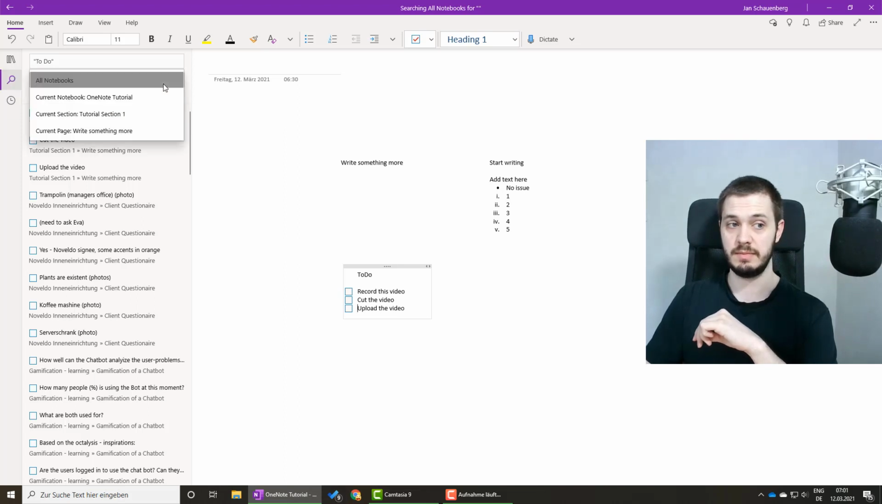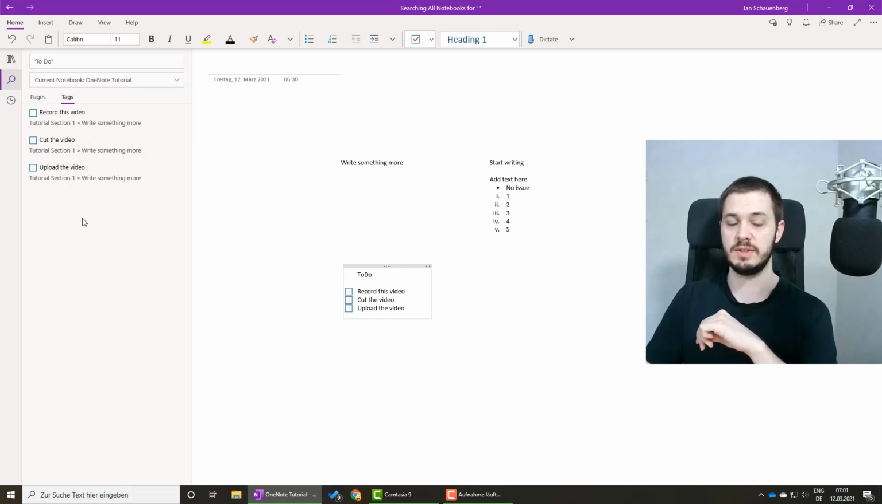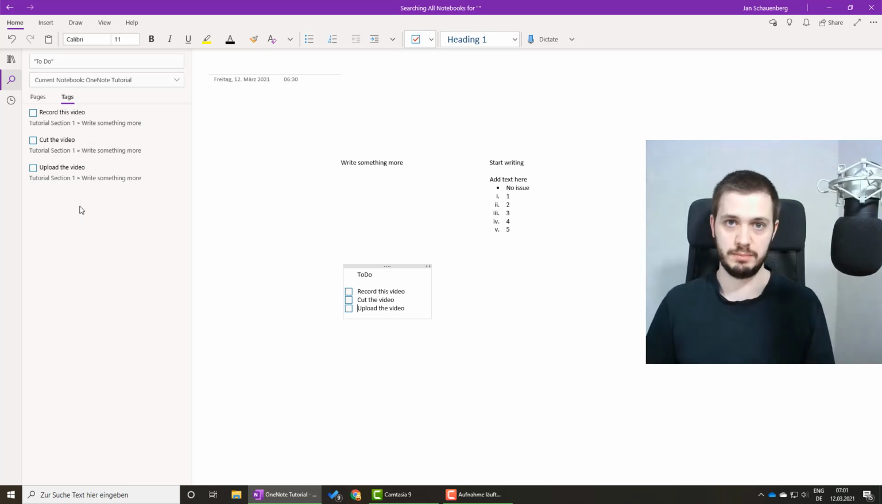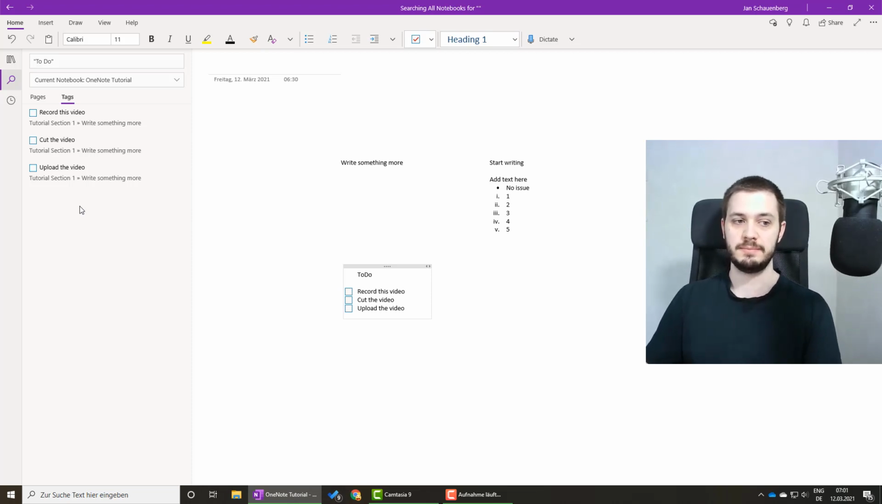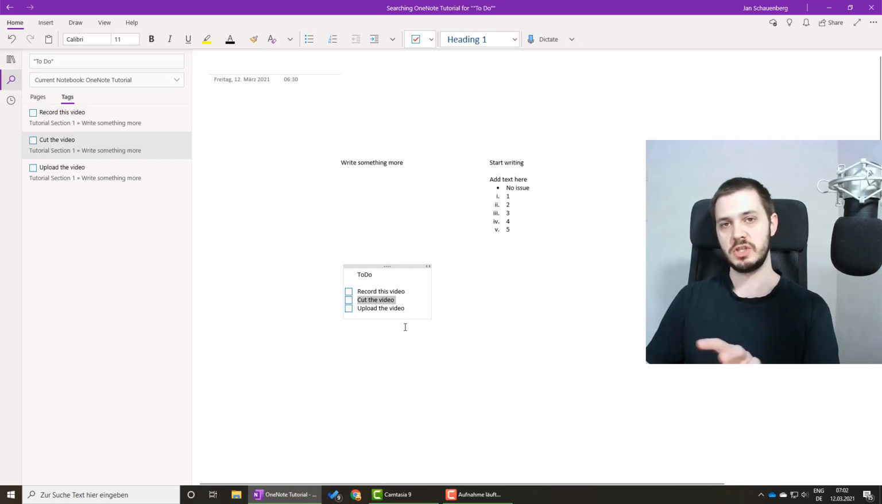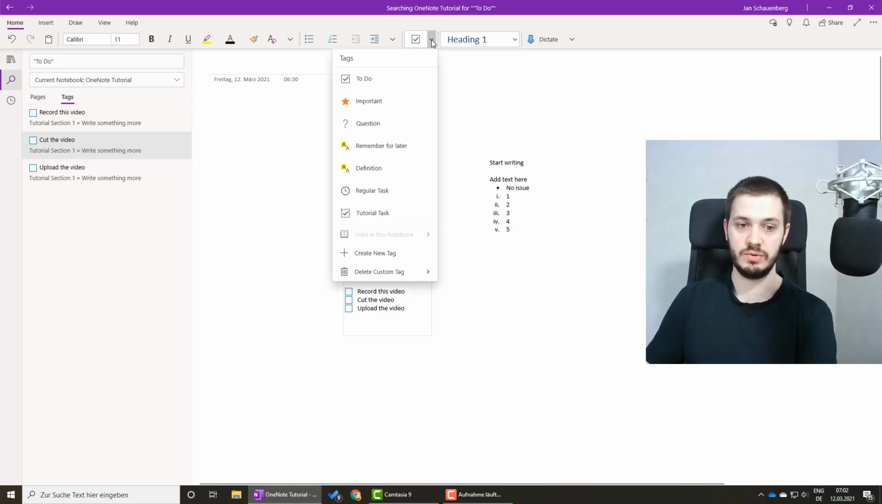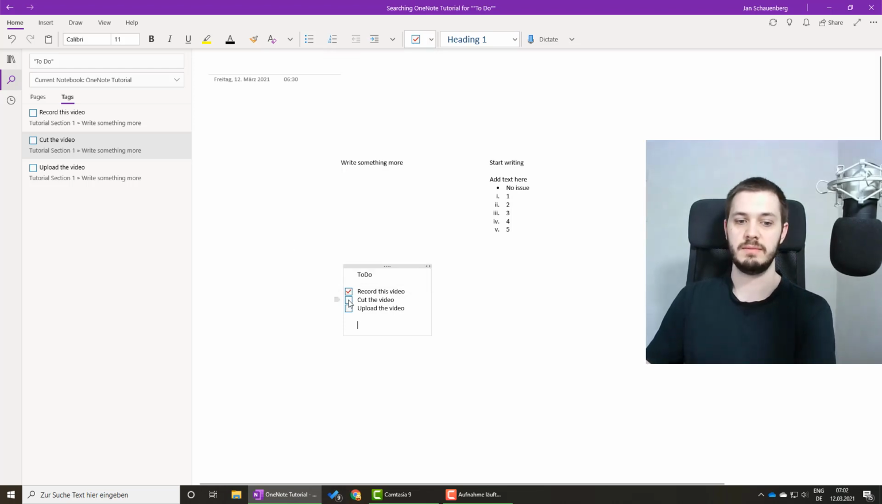And also, as I have it on all notebooks for the moment, I can also find all to-dos I have everywhere in all my notebooks that I have within this app. What I can also do is to click on one of these, and it's directly bringing me to the page, to the point where this to-do is created. And last but not least, at least for the to-do and tasks you can create, you can put a checkmark in there,